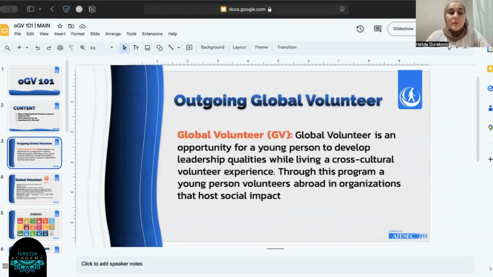The Outgoing Global Volunteer Department sends young people from Turkey abroad to other countries to have exchanges and a cross-cultural volunteering experience, in this case, the Global Volunteer Program. When speaking of a cross-cultural volunteer experience, I mean that they are going to go abroad and have an opportunity